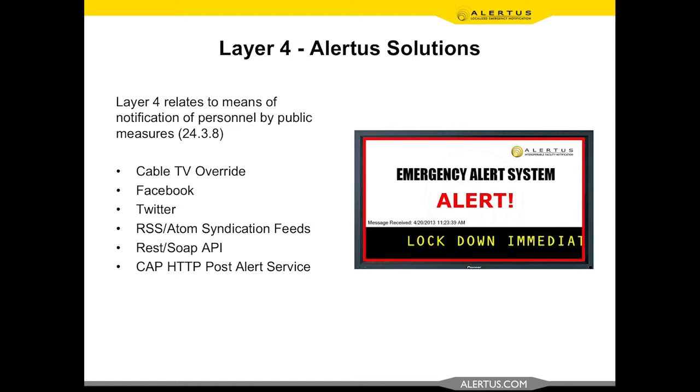Facebook and Twitter, obviously, putting that out there reaches an extremely wide audience, especially if your audience are college students or those that monitor those social media feeds pretty closely. Again, there's other ways to get the message out there: RSS feeds, Atom feeds, integrations with other systems, CAP feeds, Common Alerting Protocol. What all that basically means is giving your system a means to put the message out there